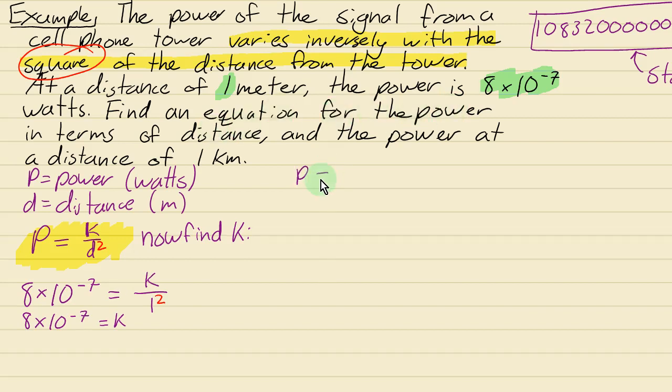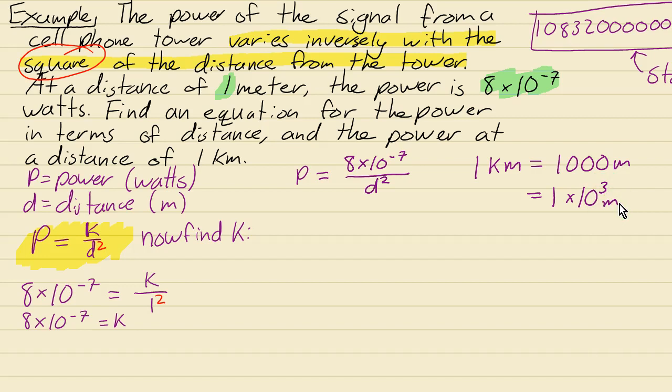That's going to be just P equals 8 times 10 to the negative 7 over D squared, because it varies with the square of the distance. Okay, so now we want to find the power at a distance of 1 kilometer. To do that, we need to know that 1 kilometer is 1,000 meters, also known, by the way, as 1 times 10 to the 3 meters, if you want to do it that way. And you can plug that in for the value of D here,